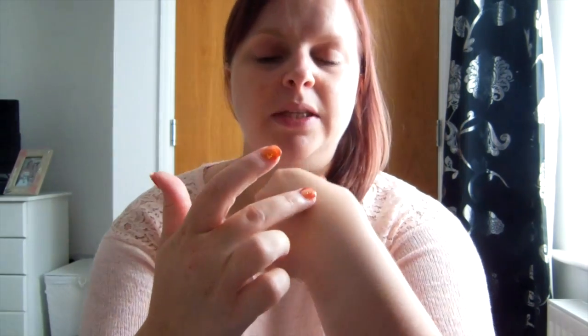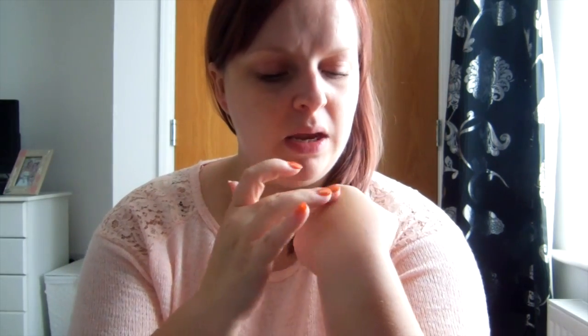The only downside that I found is the consistency. If you put it onto a brush and then go to put it on, it does seem to fall off. That is one of the downsides that I have found with it, just the consistency of it, really. But once you rub it in,